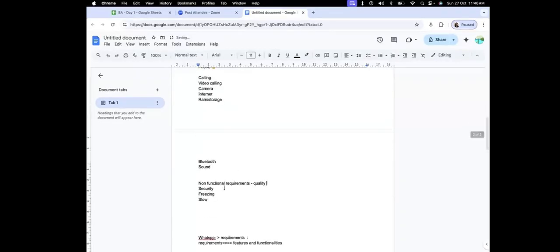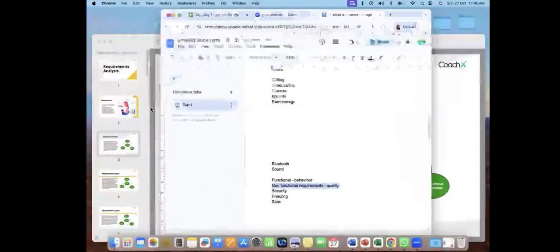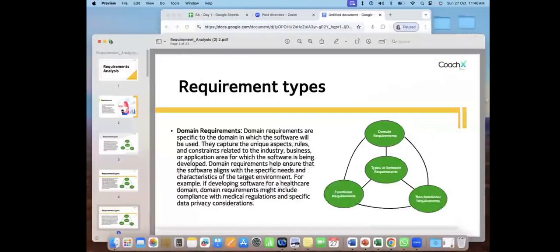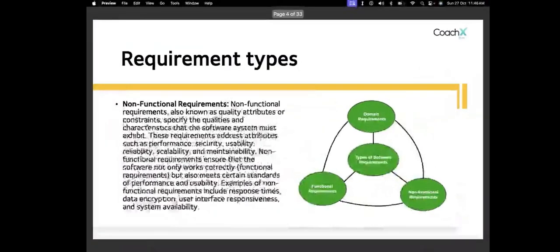So functional requirements talk about the behavior of your application, but non-functional requirements talk about the quality of your application. Non-functional requirements are also known as quality attributes that specify the qualities or the